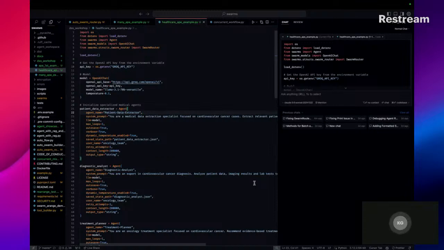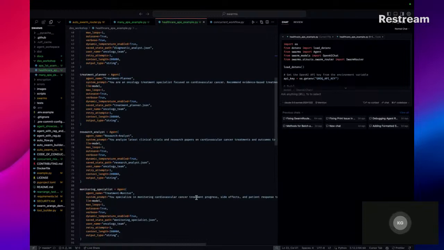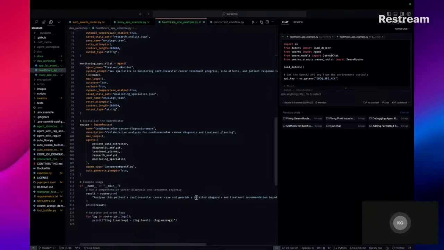Again, if you want your agent to give you super high quality outputs, the only way to have really, really good outputs is by specializing the agents and configuring them for your specific business problem. So we have patient data extractor, diagnostic analyst, treatment planner, research analyst, treatment monitor.